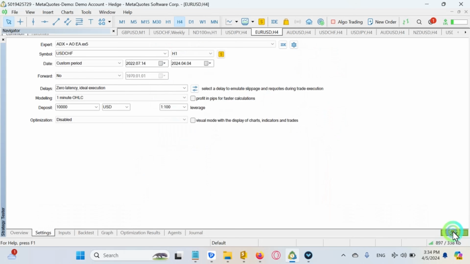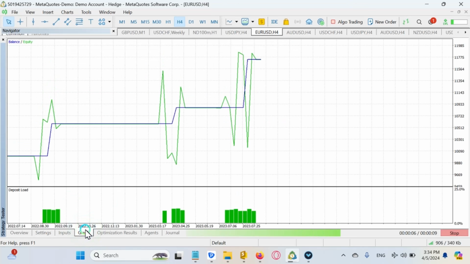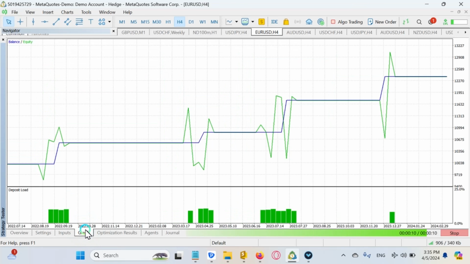I want to show you how these two indicators can work together even without much of an optimization. And as you can see, there is some room for improvement, because here we could have a better place to close the trade, but it is not bad at all, because let's see,